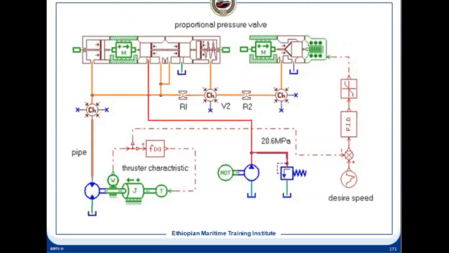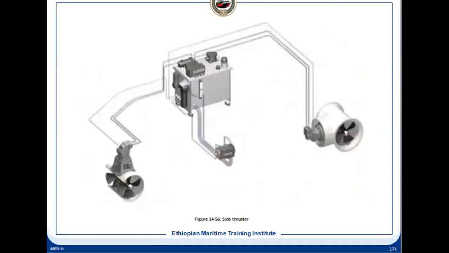So this is the proportional control, and we use it for the thruster, because thruster speed is variable. To achieve different situations, we achieve different speeds, as well as different side movement we require during maneuvering and all. So we need to control that. To have control, we have this kind of control.